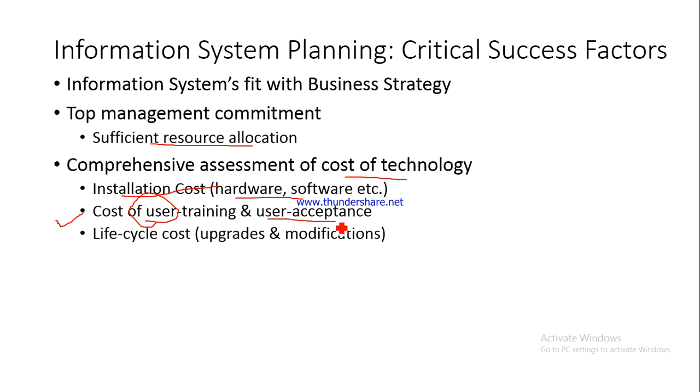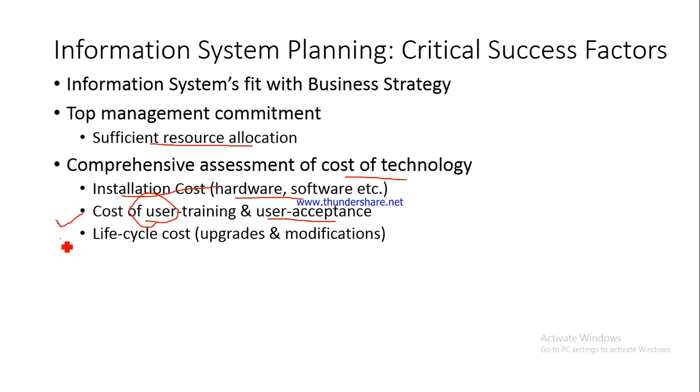And then user acceptance. Now this again is a big cost. What if the users are not happy and they simply refuse to take to the new information system that you have implemented? It would be a big problem for you. So user acceptance is also very important, because if they are not happy with the new information system, they would not adapt to it, and even if they adopt that new information system, they would do it grudgingly. They would not be very satisfied, and this might be a big cost for the company if the employees are not satisfied with some company move.